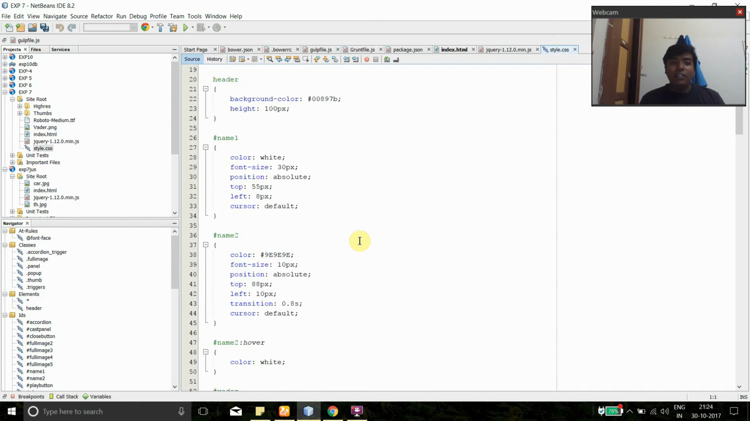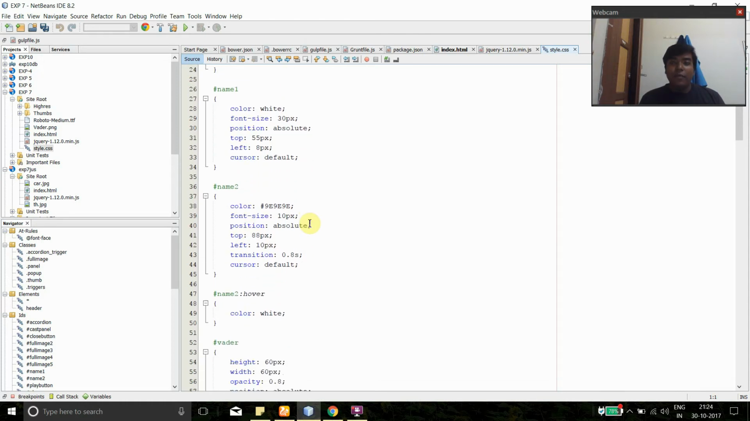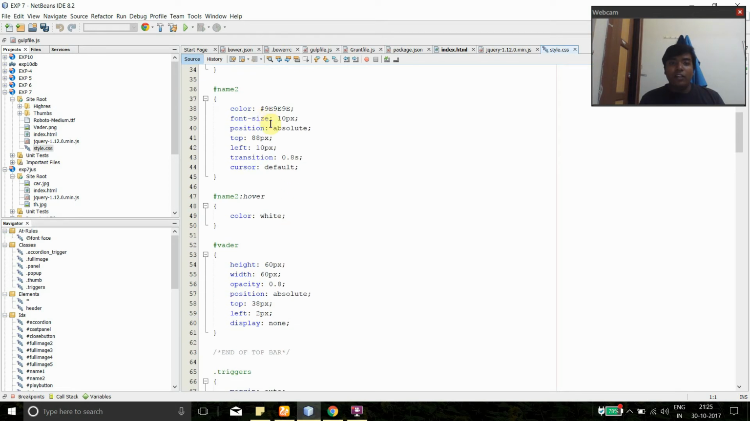Then in the header I have given a background color, then height as 100 pixel. Then in the ID, a name has been created. The color I have given is white, font size 30 pixel, position absolute, top will be 55 pixel, left will be 8 pixel, cursor will be default. Then in name 2 also I've given a color, and font size